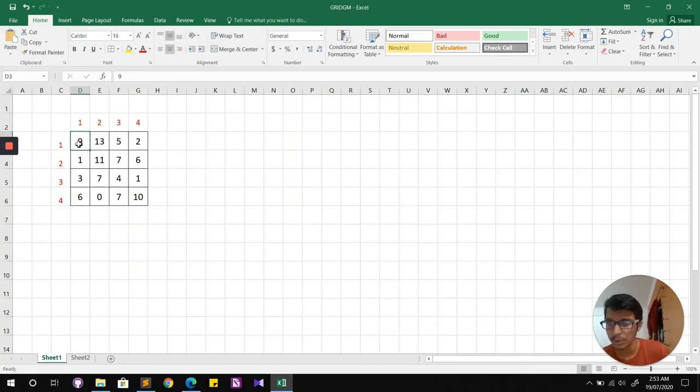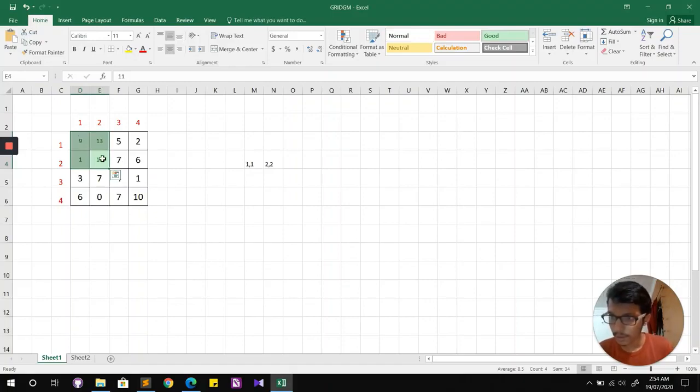If I give you a query, let's say 1 comma 1 and 2 comma 2, the rectangle in question will be this, right? Let me mark it with green. Essentially, you have to find the sum of all these elements.